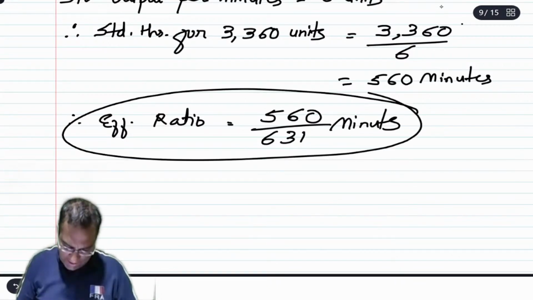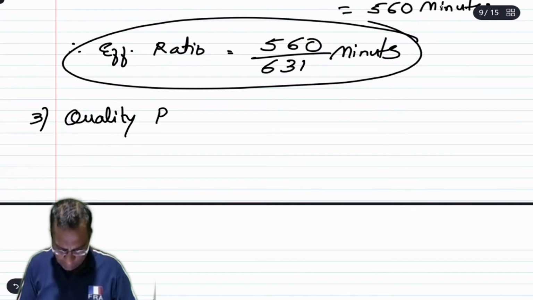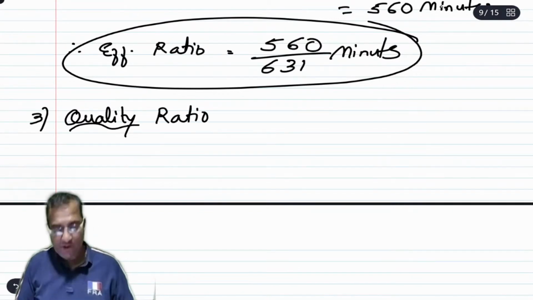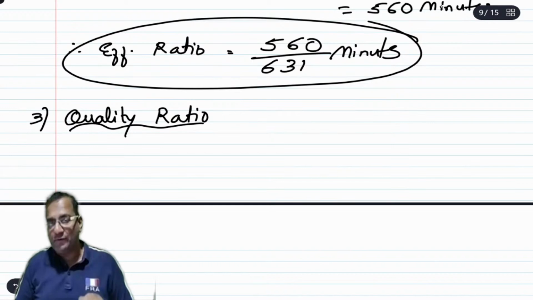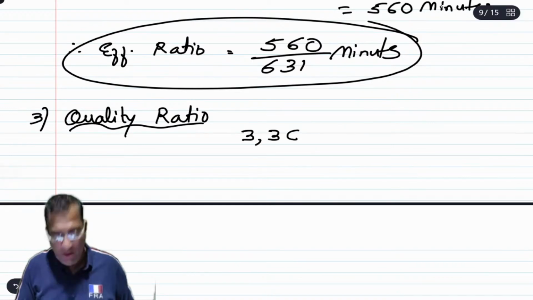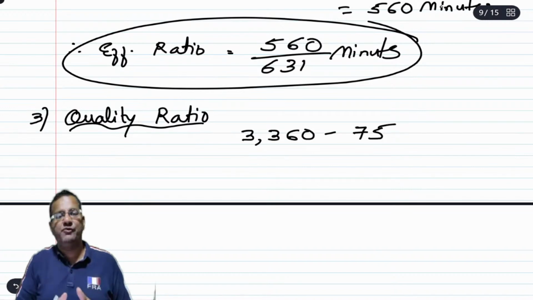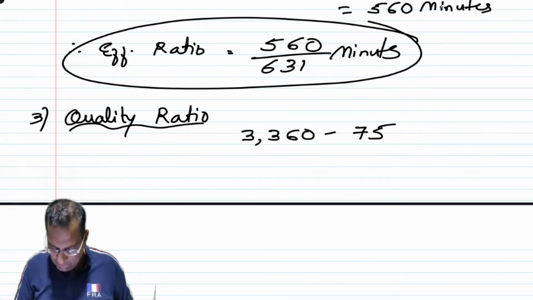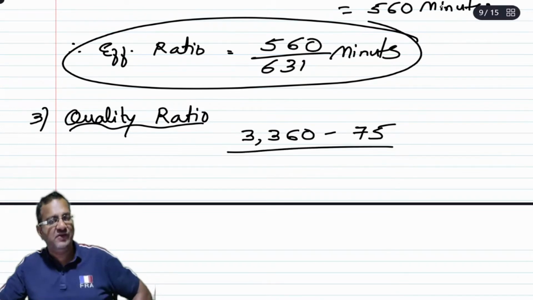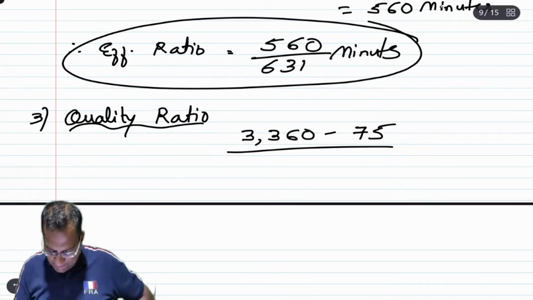Clear? Last point, quality ratio. It's a very, very simple ratio. The important words are first time good unit. So you have manufactured 3360 units. Out of that, 75 units are scrapped. It means those 75 units are not first time good units. So the difference, 3360 less 75 units, is first time good units, divided by total units manufactured by the